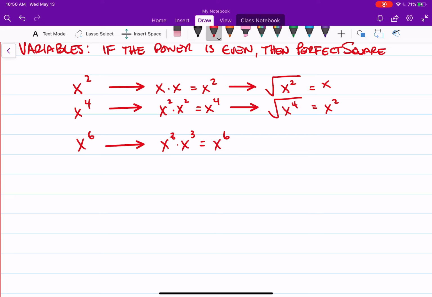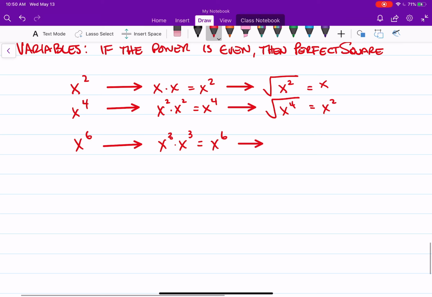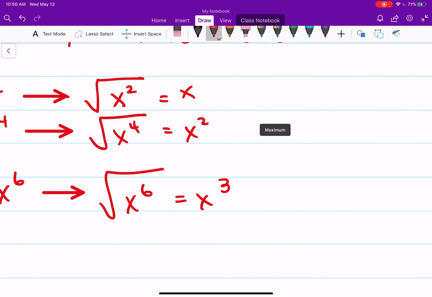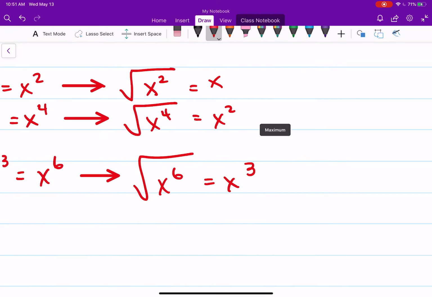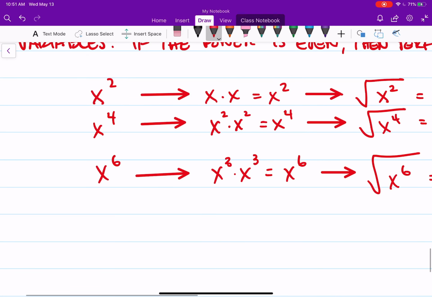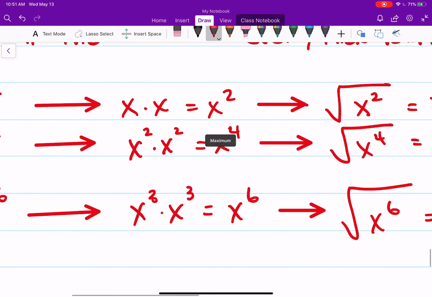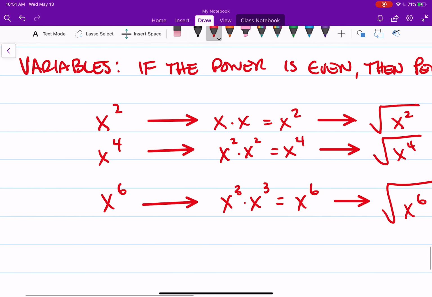Yes, x to the 6th because, it's same base, raised to a power, and I'm multiplying. What do I do with the powers? I add. Don't forget that. This is where people commonly make mistakes. Okay? And the square root of x to the 6th is x to the 3rd. Okay? And I want you to notice the powers. When I take the square root of it, what happens? It takes half the power. Okay? And if you think of it this way, it takes 2 halves to make a whole. Okay? All right, so that's for